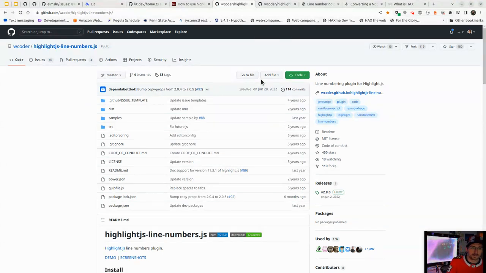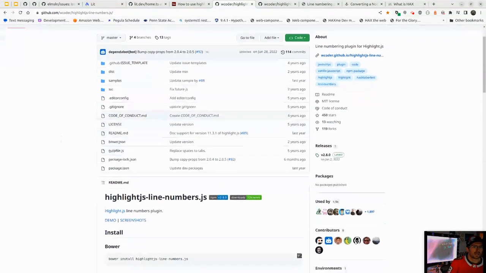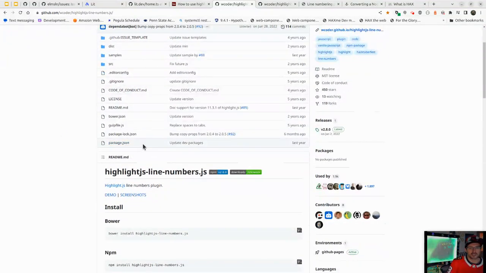It came up really high in a Google search. It's got a ton of forks, some people watching it, and a lot of stars. Again, this doesn't mean it's great code or that it even works. It's just a clue that maybe it does. Just like I had an idea that there were plugin architectures for this because of the nature of how it worked. So doing that fun fact finding game, I can look and see, okay, this has a package JSON